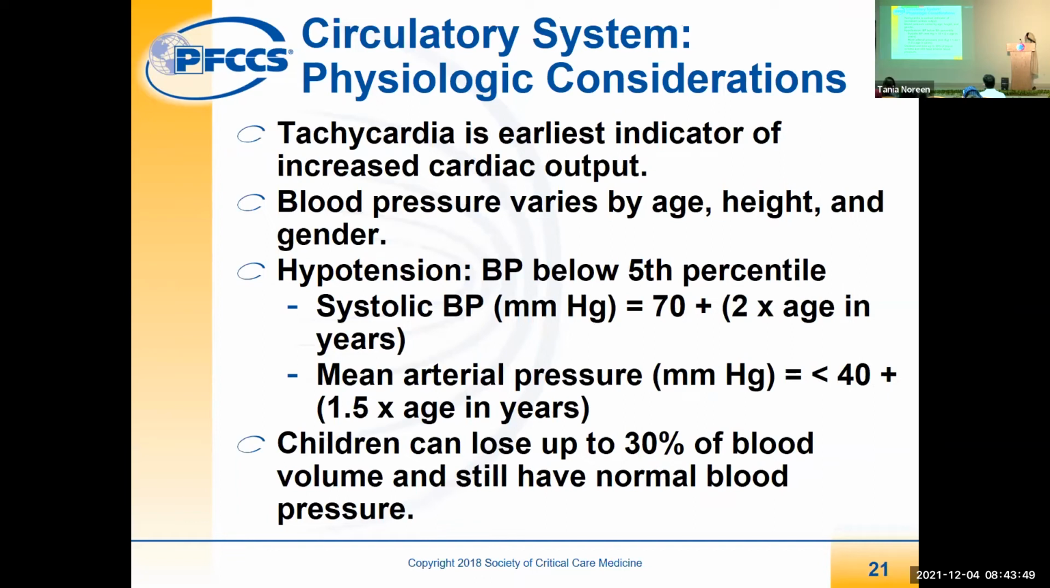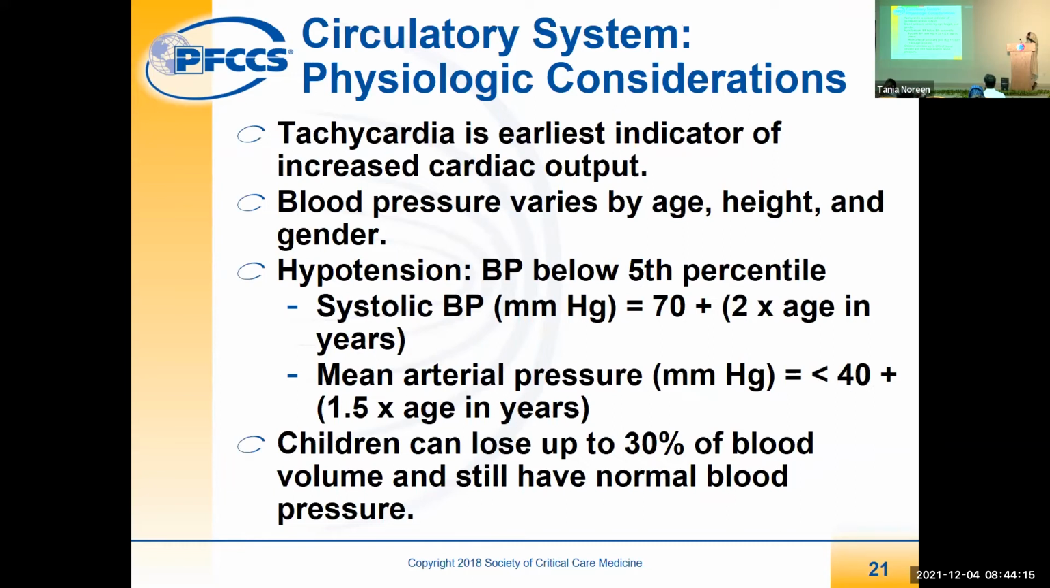So again, in the physiological consideration, tachycardia is the earliest indicator of increased cardiac output। अगर आपका patient tachycardic है, you always have to look patient shock में या low cardiac output में तो नहीं है। Then blood pressure varies by age, height and gender। हाइपोटेंशन अगर आपने बेड साइड पे देखनी है और आपके पास वो चार्ट नहीं है, तो आप ये फॉर्मूला से इसको कर सकते हैं। सो हाइपोटेंशन, ब्लड प्रेशर बिलो द 5th centile is hypotension।